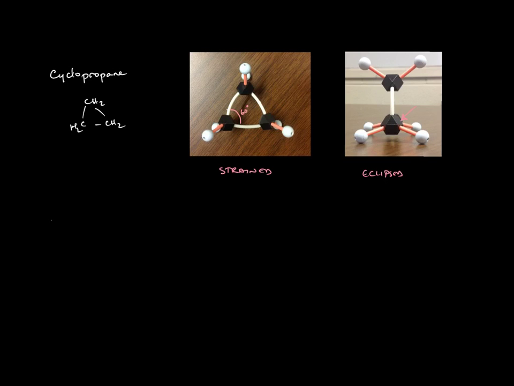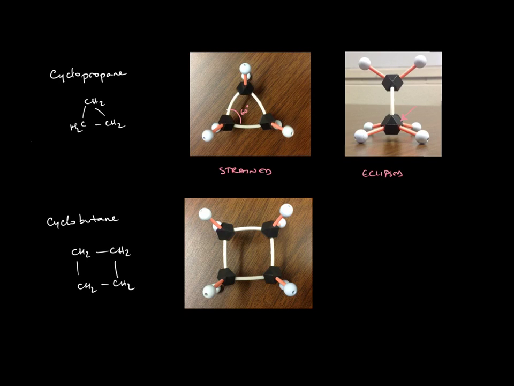So we don't see this one very much in nature, and we're just going to move on. Let's look at cyclobutane. Cyclobutane, of course, is 4 carbons in a ring, and it is going to look a lot like a square. So let's see what this guy looks like. Once again, you can see that the models are a little bit messed up, and these bonds are a little torqued